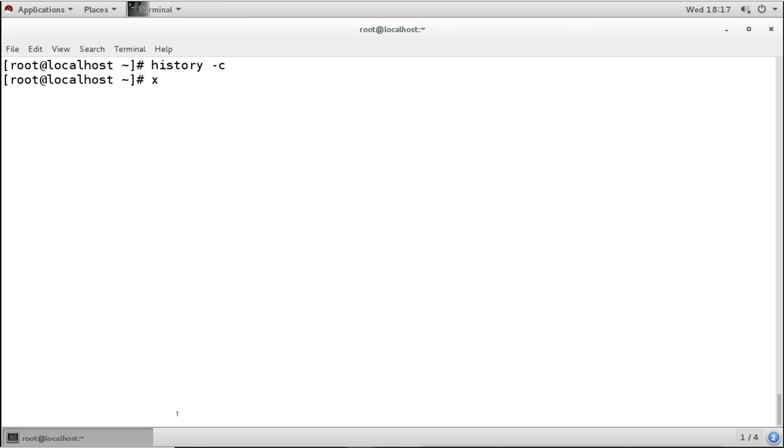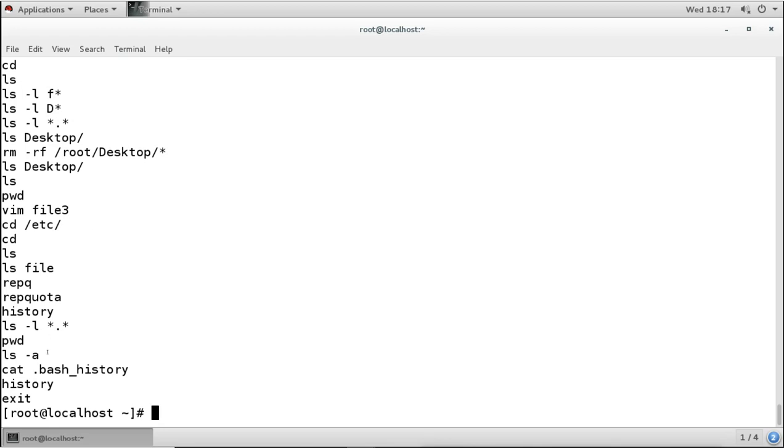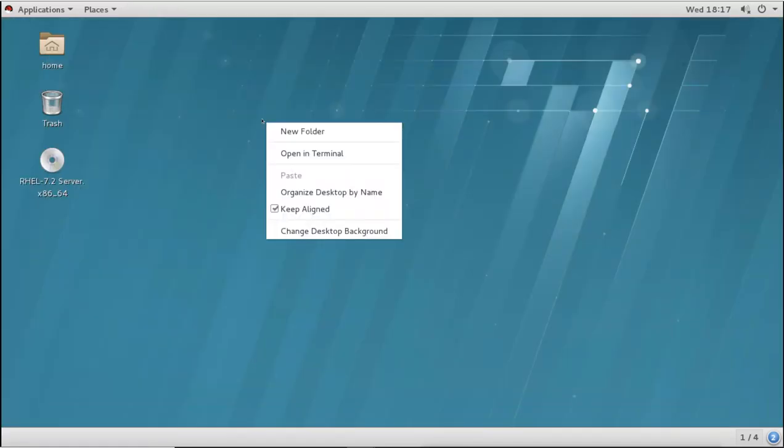Now when I exit, it is not going to save any latest commands in the file, but the commands which are already in the file will remain there. They will not be cleared. If I try to run the history command now, it says there is no history. You can see there is no history here now, but it is still in the file. If we check the file, the previous history which is stored in the file is still there. Now if I exit from here and load again, it will reload the history again.